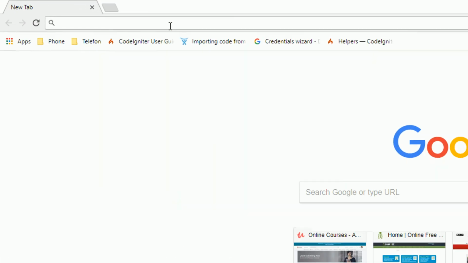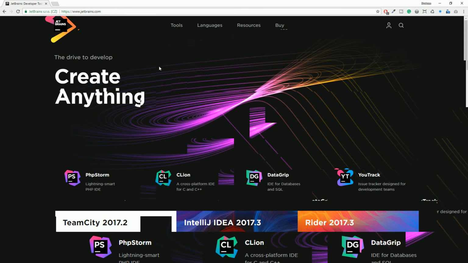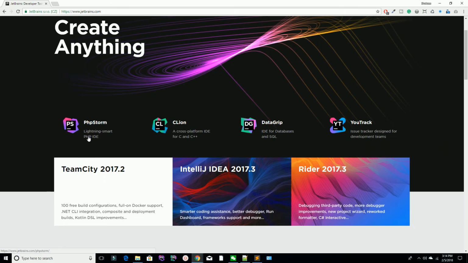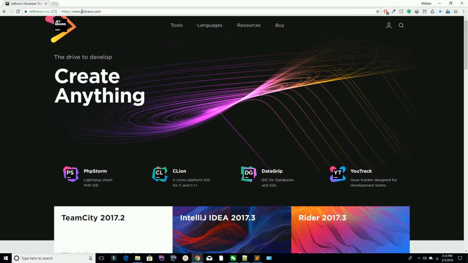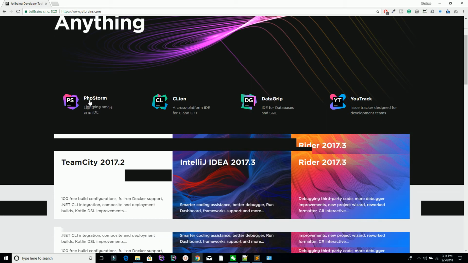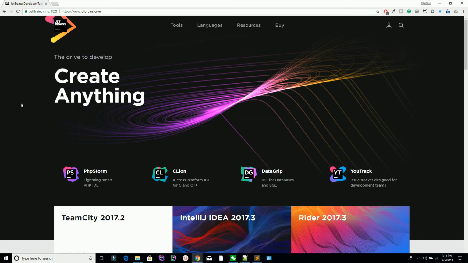If you don't have PHP Storm, go to jetbrains.com, because PHP Storm is a JetBrains tool. You can download PHP Storm from the official website of jetbrains.com. They provide a free trial, so you can download PHP Storm first of all. If you are a student or a teacher, you can provide identity related to your organization or university, and they will provide you a 1 year free license